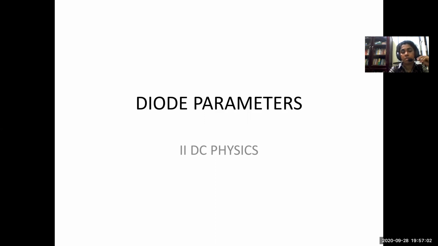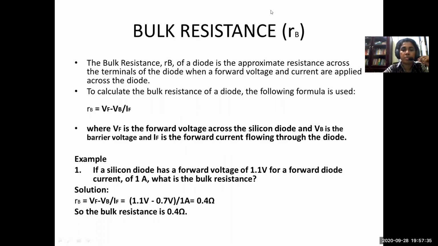All the parameters that you have already learned are, for example, the knee voltage, which we can deduce from the forward characteristics, then the AC resistance and DC resistance, both from the forward characteristics again, which are also called dynamic resistance and static resistance. Then from the reverse characteristics, similarly, you can find out the saturation current, breakdown voltage, and also the reverse resistance. Other than that, what we are going to learn today, the first one is bulk